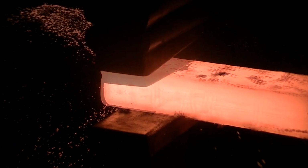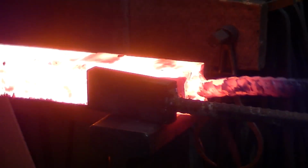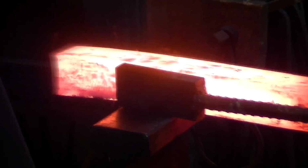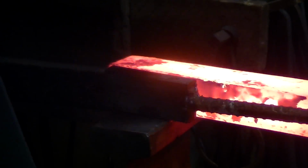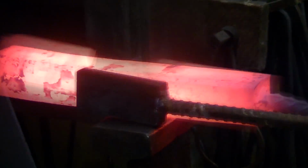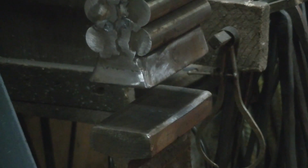I was a little concerned about that piece of 1095 on top, but turns out it was just a piece of scale where it was hanging over slightly, a little further than the rest of the material. So I brought this thing down to a 1.5 inch square. It took about half a dozen heats to get it there. And I used a little kiss block that I made to make sure it was nice and square. We're going to take this thing over